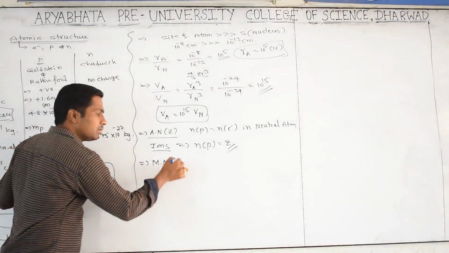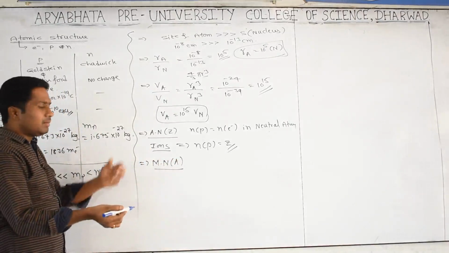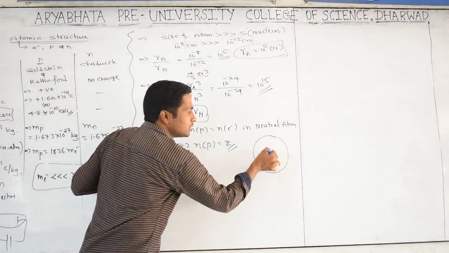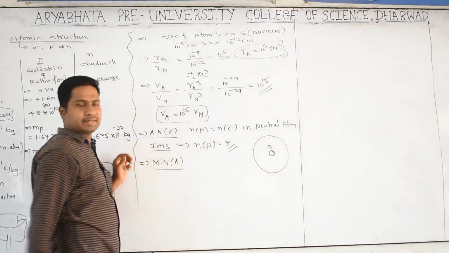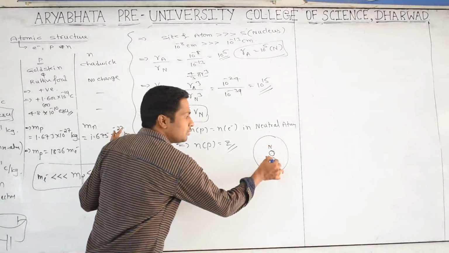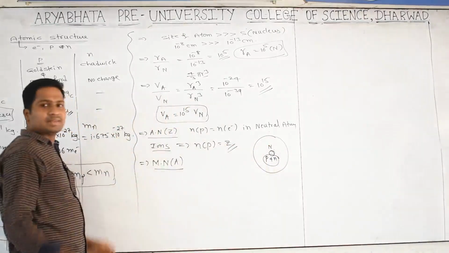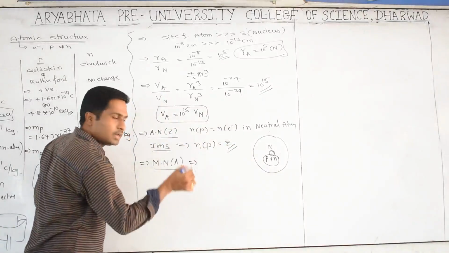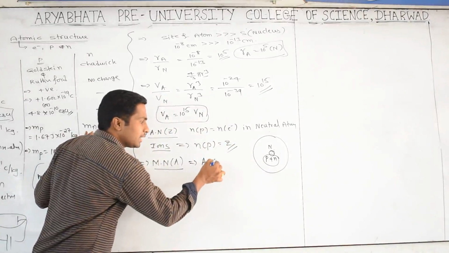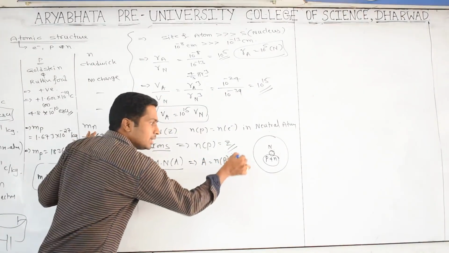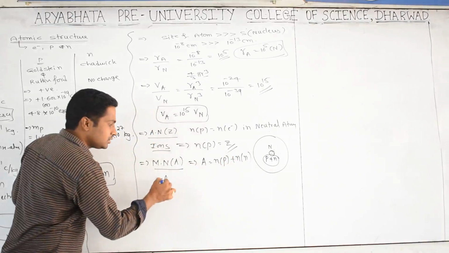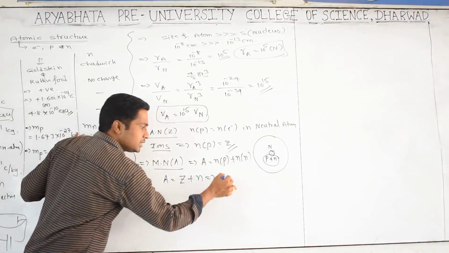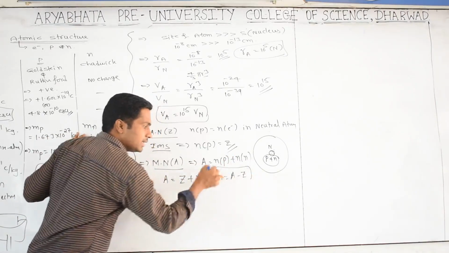Now we have to go for mass number. Mass number is denoted by A. If you take the whole atom, the mass of the atom depends upon the nucleus. And the nucleus is made up of protons and neutrons, which together are called the mass number. So mass number, or atomic mass, depends upon the whole nucleus. That's why mass number A is defined as the number of protons plus the number of neutrons. A is equal to Z plus N, which implies N is equal to A minus Z.